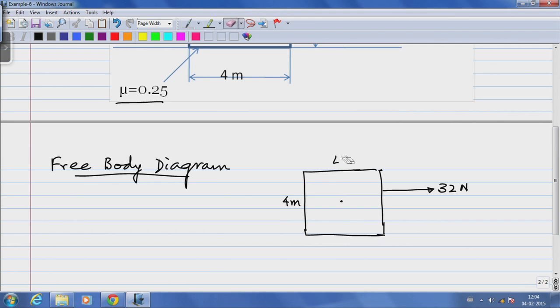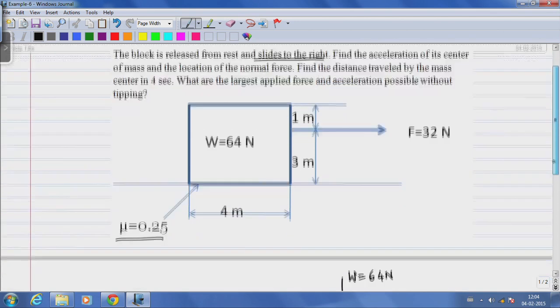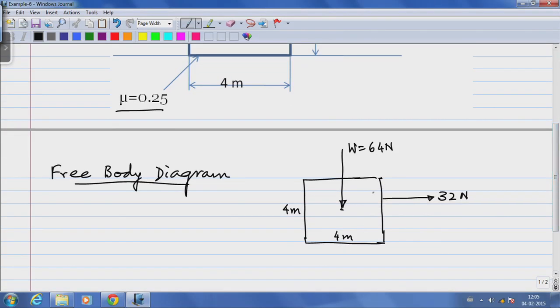The center of mass is a distance 2 meters on either side. The weight of the block acts through the center of mass, and that happens to be magnitude 64 newtons. If the block is already sliding, which we are told it is, then let us assume the block is moving to my right, which means the friction force is mu times the normal reaction,